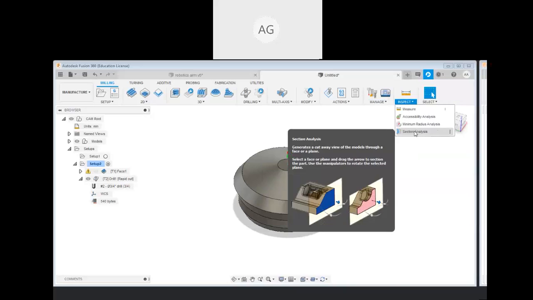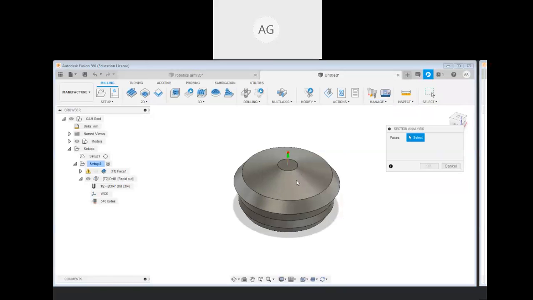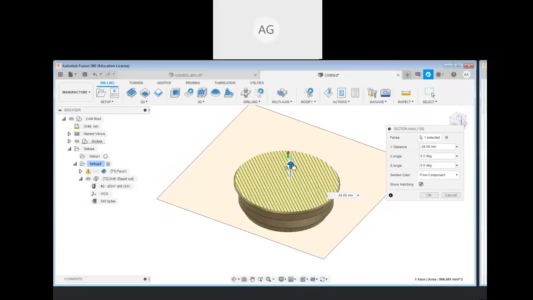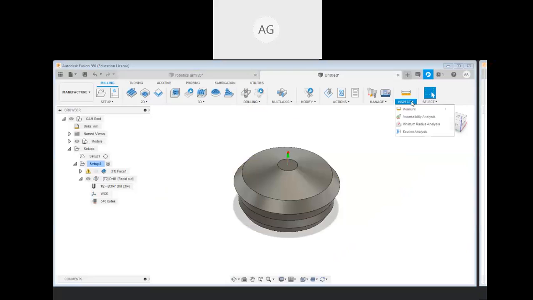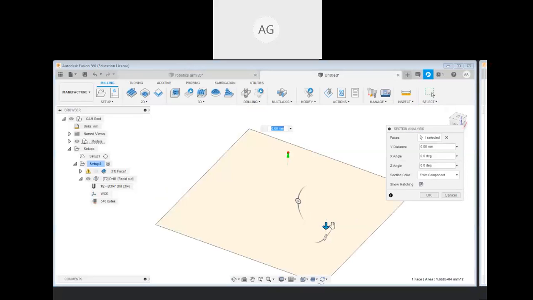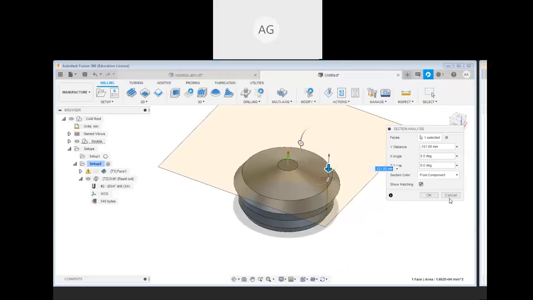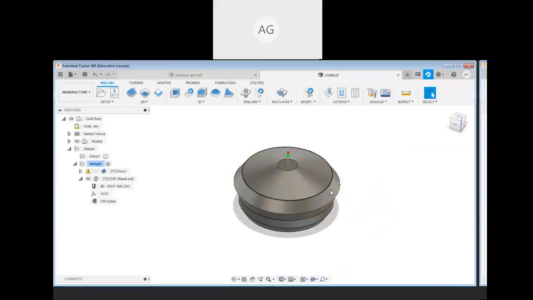So these are sectional analysis. If you want to do sectional analysis of this particular face, you can do that also. If you want to cut it in half and full, that can be done. If you want to do sectional analysis, cancel it. If you want to do side sectional analysis from this face, okay, that face selected again, cancel it. So the side face also you can select, the side plane, and you can do sectional analysis from this axis also. That can also be done.